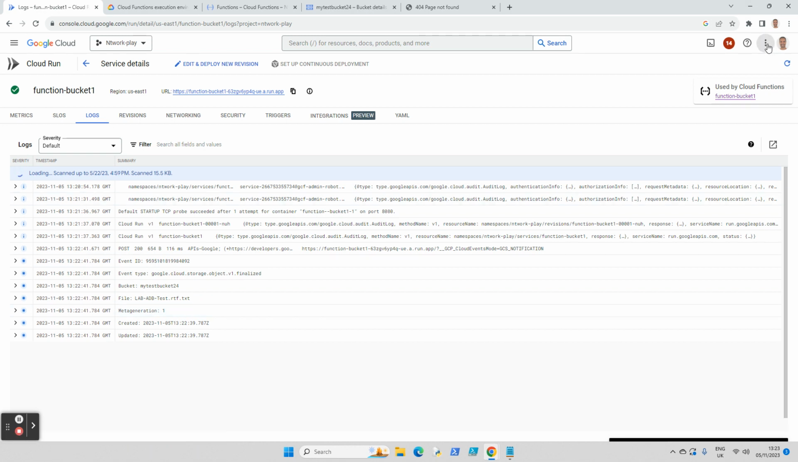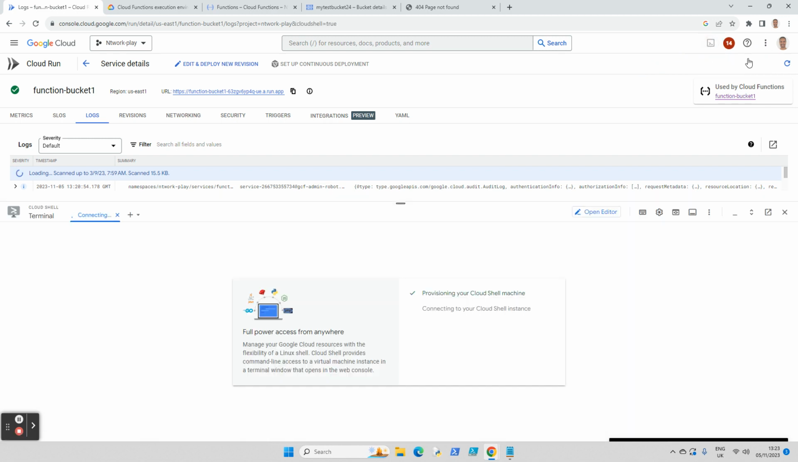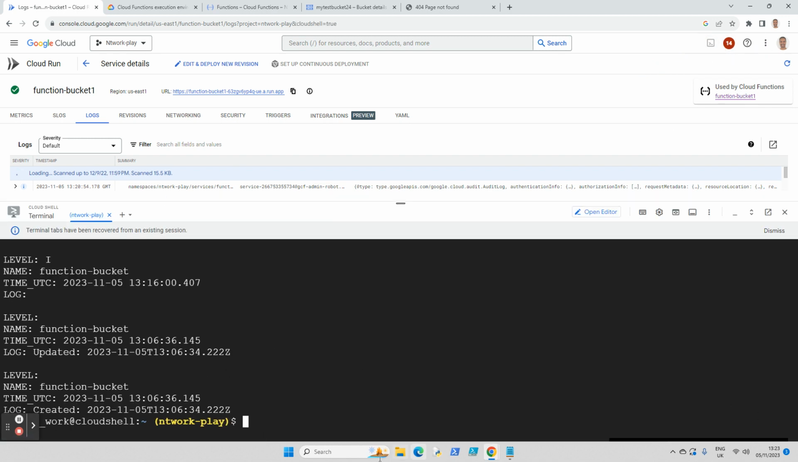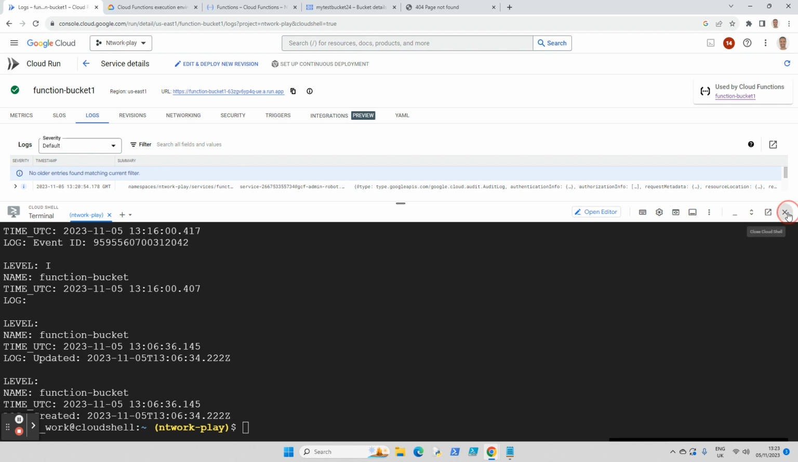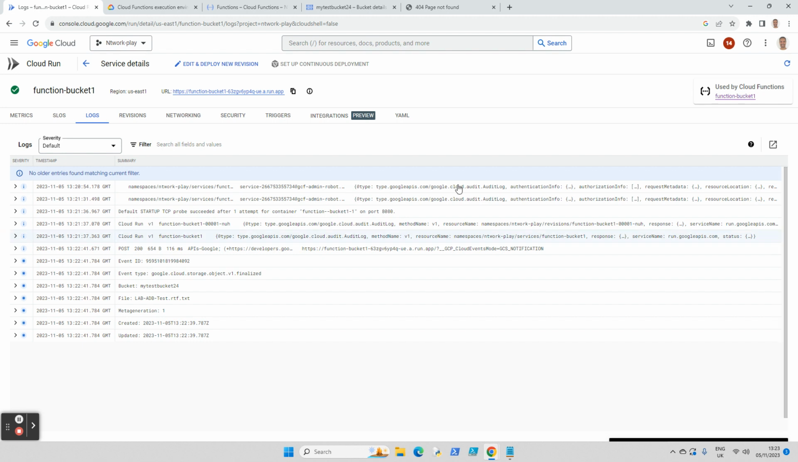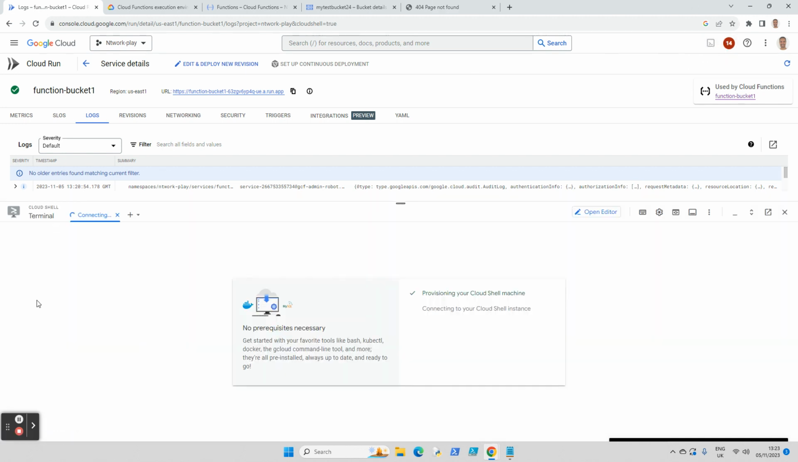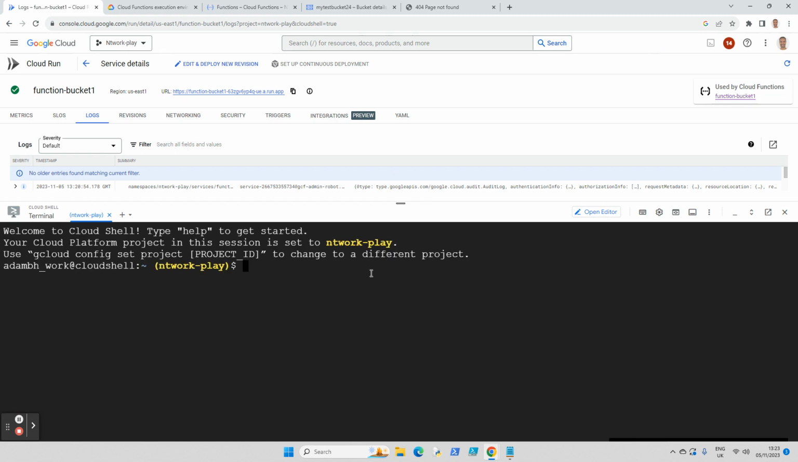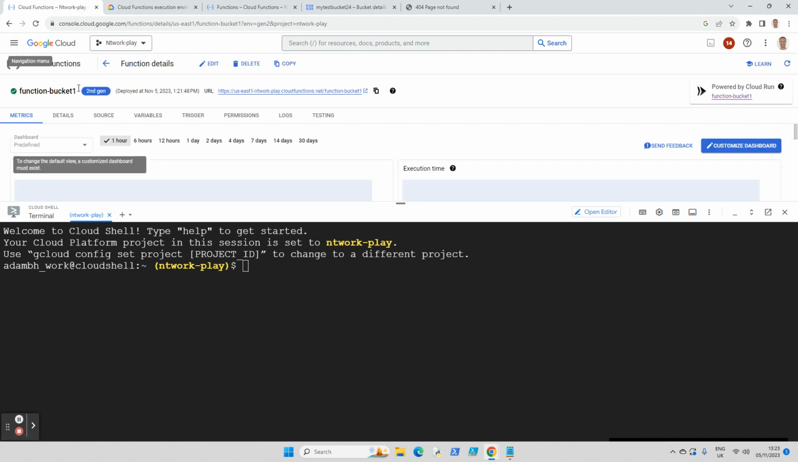We can do it the other way, where we go into our Cloud Shell. I'm just going to wait for that to load, and we can run the bucket command that way as well. So I'm just going to go back into my Cloud Shell here, and we'll use the same command which we did in the first video. So maybe it's probably better to go back into